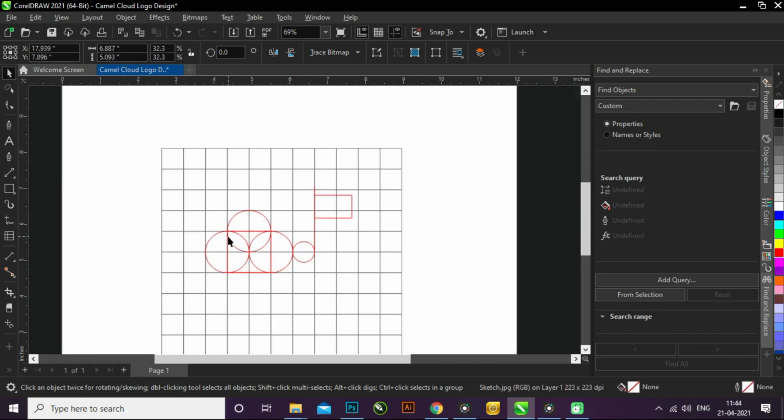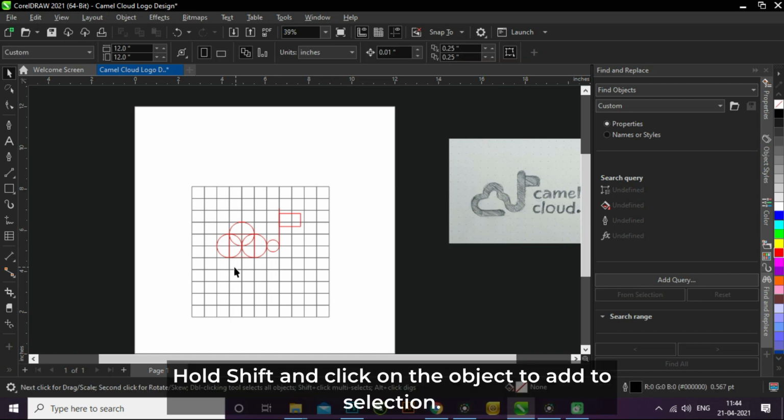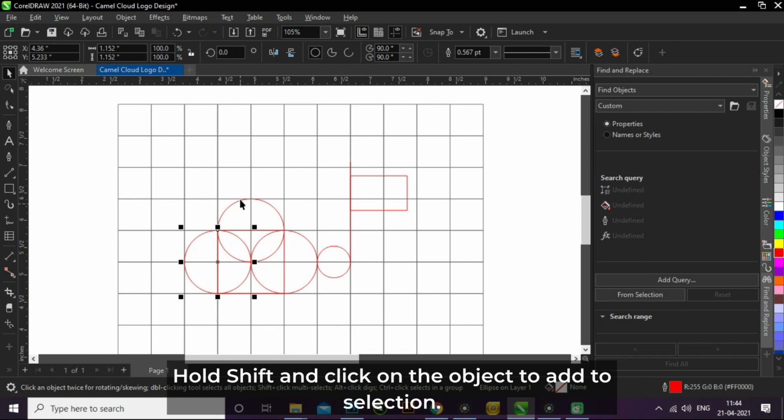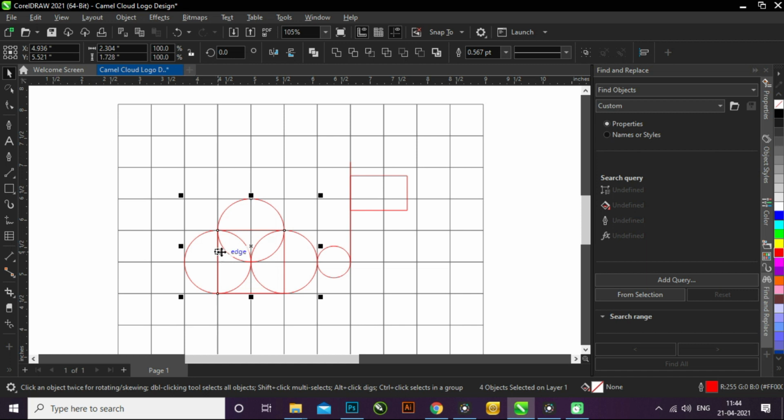Let's separate our wireframe from the grid now. While holding the shift button, I will select every object of our camel cloud. Holding the shift button lets you add multiple objects to the selection by clicking on every desired object individually.